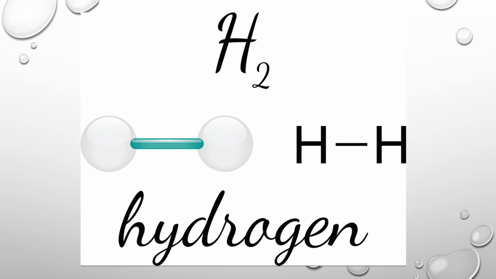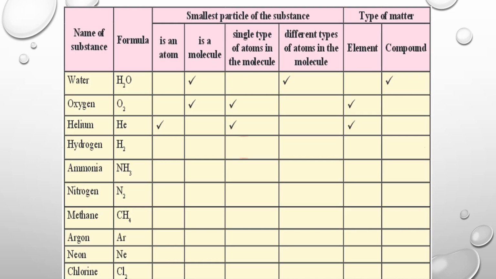Hydrogen. Now here it has H2. 2 means this is a substance that is made up of two atoms of hydrogen. That is why H2. Okay, so here we are looking at hydrogen. Now here we need to solve for is an atom, is a molecule. What did I tell? If you want to find out, you are going to look at if there is a number and if there are more than one capital letters. There is a number, it is H2. So there is a number, so obviously this is going to be a molecule.